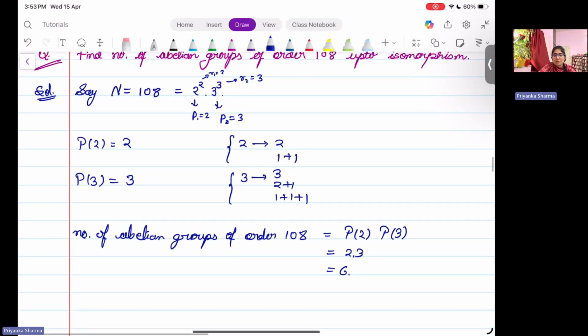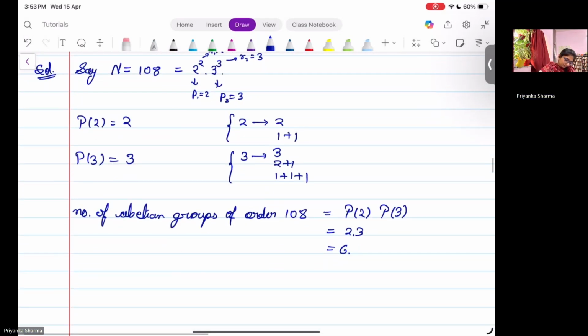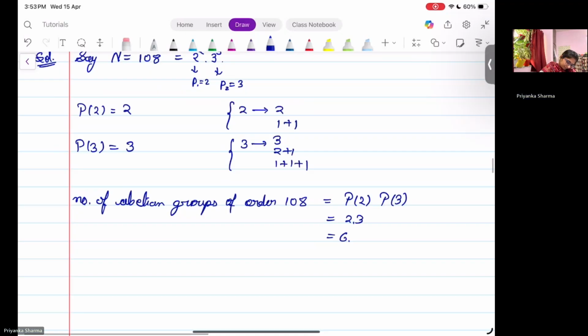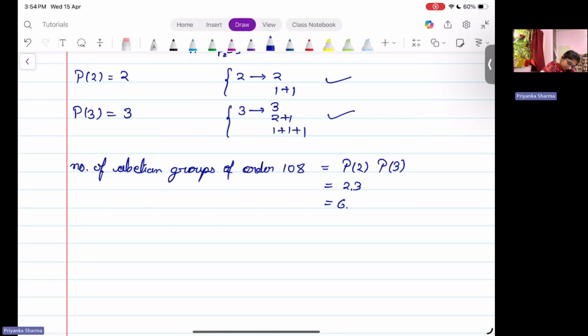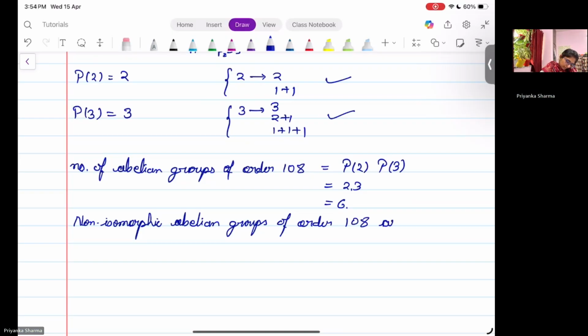Now, what will be those abelian groups? For that, we will consider these partitions. So the non-isomorphic abelian groups of order 108 are: